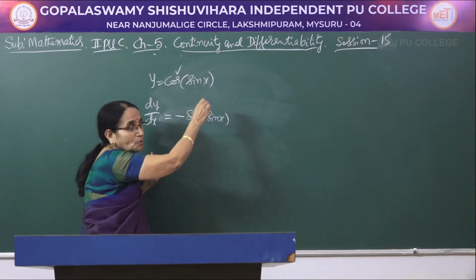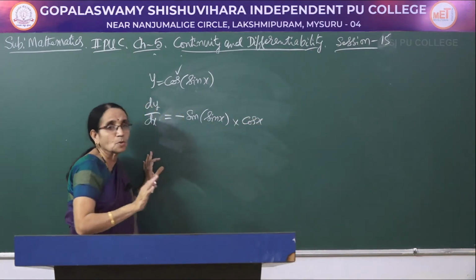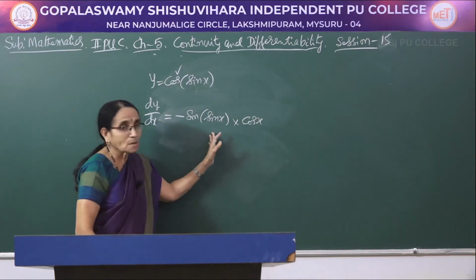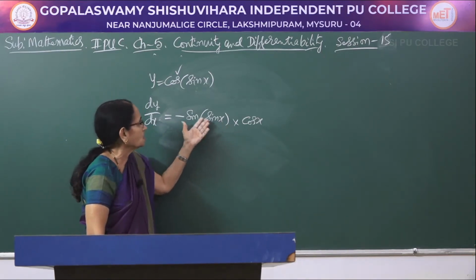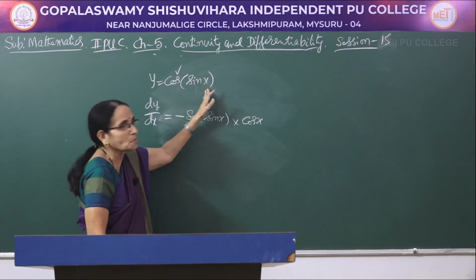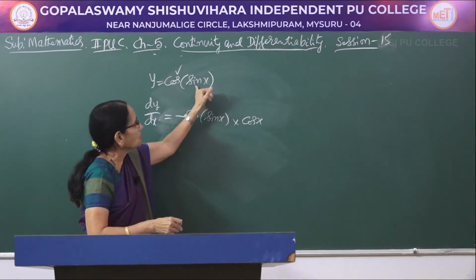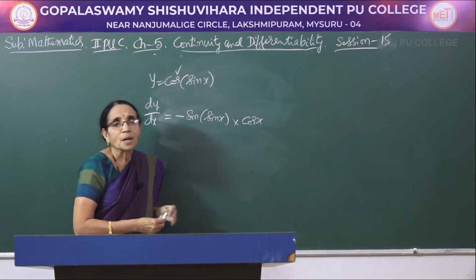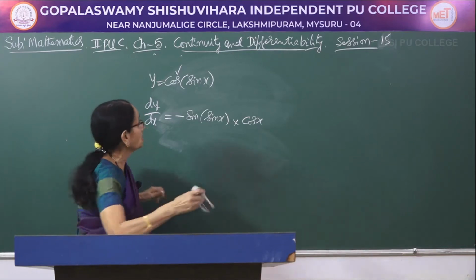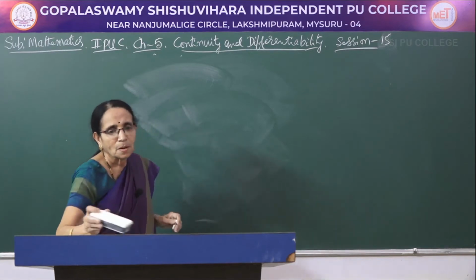Come to the second part of the function. For sin x, it is cos x. And sin of sin x, do not write it as sin square. It is not so, so here be careful. I told you this has been asked in one of the earlier examinations. It is usually asked as a 1 mark question. So, it is minus sin of sin x, then come to the derivative of the other function, sin x becomes cos x. So, you have to be careful about finding the derivative of such functions.